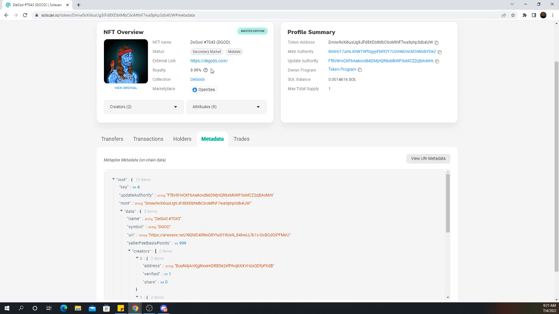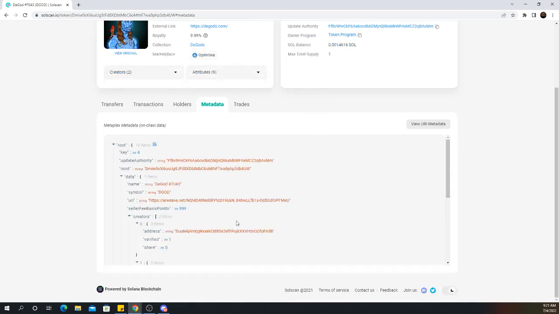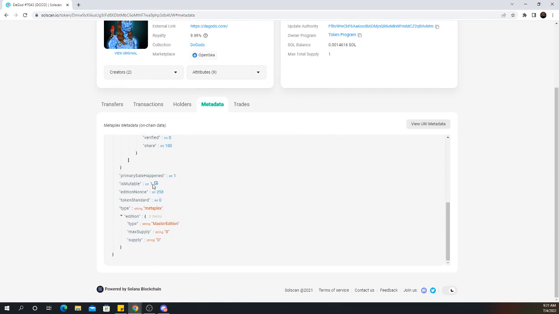Now, when we talk about NFTs being changed, they need to be mutable for that to occur. What mutable means is literally it can be changed. There's a debate early on in the NFT space as to if NFTs should be made mutable or immutable. You'll see some very early collections are actually immutable, which means none of this information can be changed. All of it has to be the same. Any NFT that's mutable, any of this stuff can be changed. If you come down here, you'll notice it says is mutable, and it says 1, meaning true. So this would be a mutable NFT. If this had 0 here, then it would not be mutable.